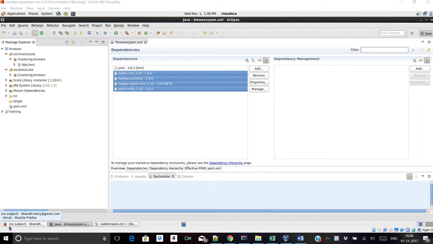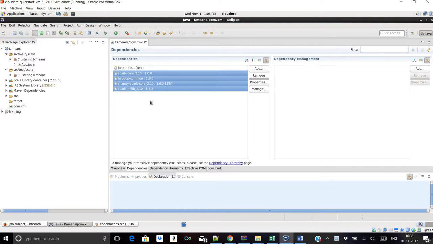I've just opened the pom.xml, which is under the kmeans directory which we created. If we toggle through the dependencies tab, we can see a UI which lets us add or remove dependencies. Dependencies are a set of libraries which we need when compiling the code to run the kmeans. For this tutorial, I have added a set of a few dependencies,